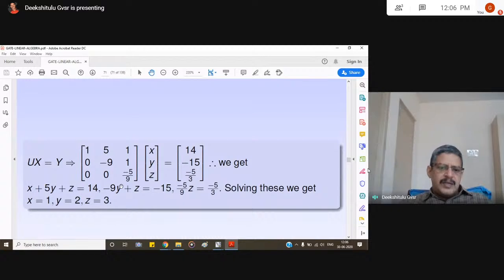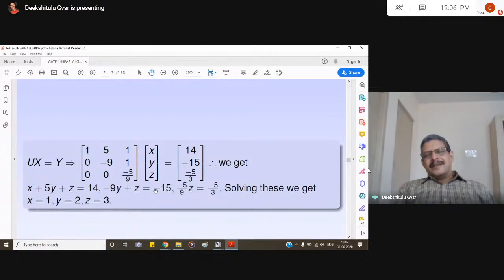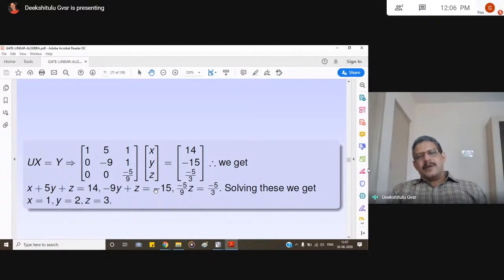Now it is in echelon form, and clearly minus 5 by 9 Z is equal to minus 5 by 3. Then by backward substitution we get X, Y and Z. This is called the LU decomposition method. We decompose this matrix. This is a bit lengthy problem, and in the GATE examination you cannot expect such a problem